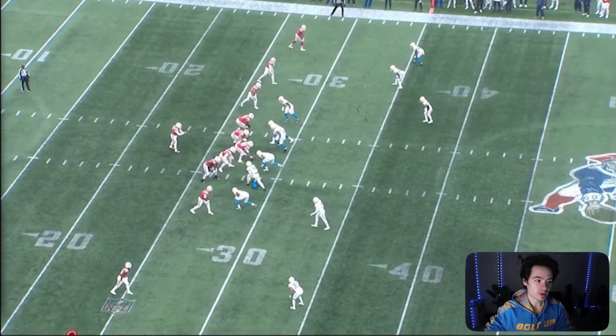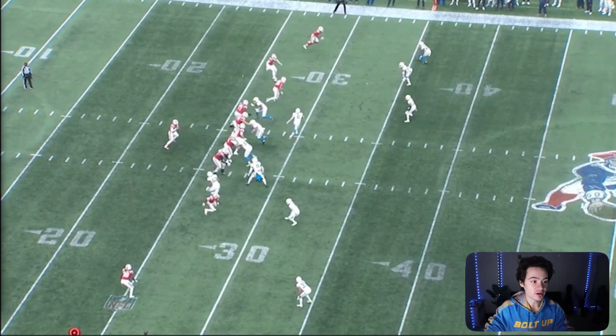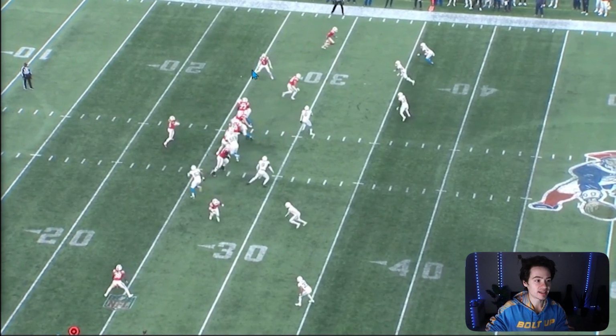And let's stay bolted up, because there's some good and there is some bad here. First play we got here, the Chargers are showing blitz with both of their linebackers, and they've actually been blitzing a lot more often later on in the season, which is another reason why the Chargers defense has been playing better. But they're bringing both of these linebackers back in zone coverage, and this is a screen pass to DeVante